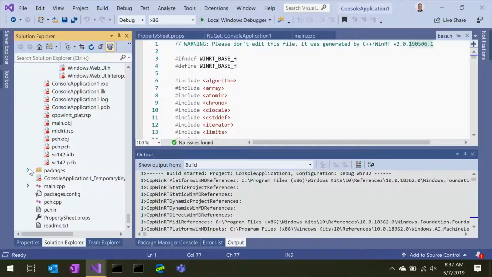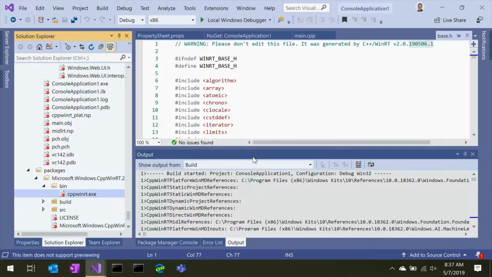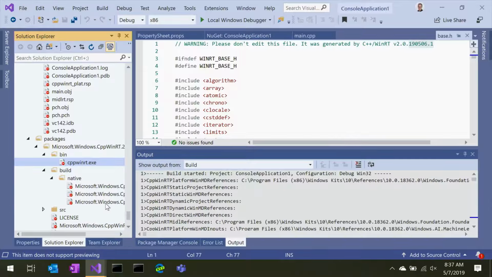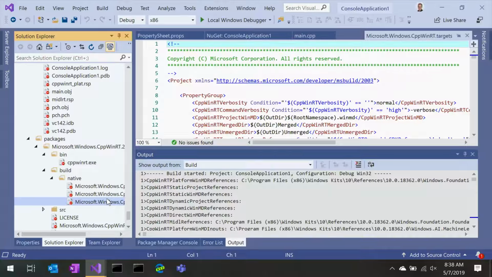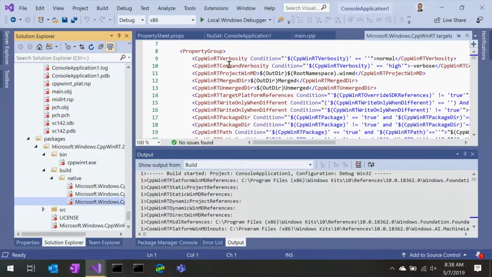If we drill into the Packages node here, we see the result of the NuGet package reference. It's brought in the compiler itself. This is the tool that Kenny and I have developed in the team. And this is what actually marches over all the Windows metadata files that Kenny described and generates those top-level namespace headers for your use. And then if I drill down under Build, Native, then I see the MS Build support files. If you're familiar at all, props and targets and that sort of thing. Then you see a number of properties defined here. Again, those are all publicly documented, so you can use those to customize your build.